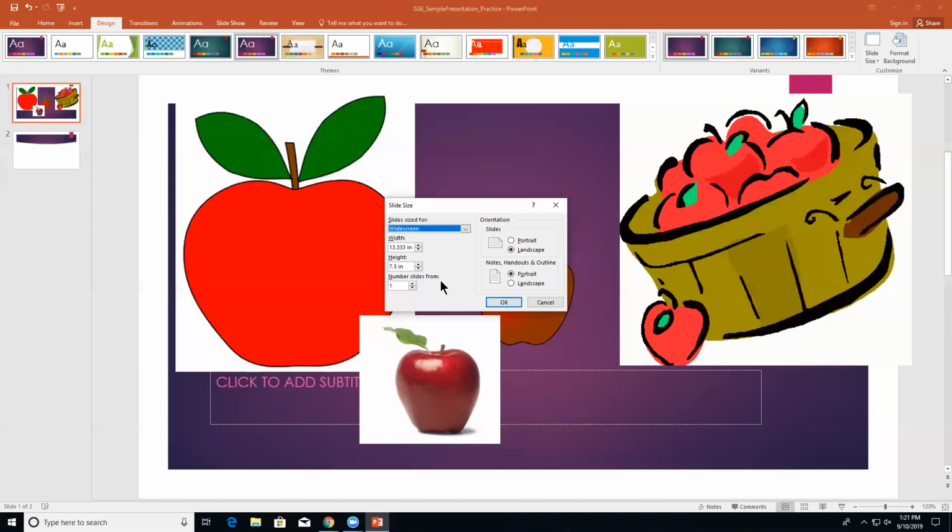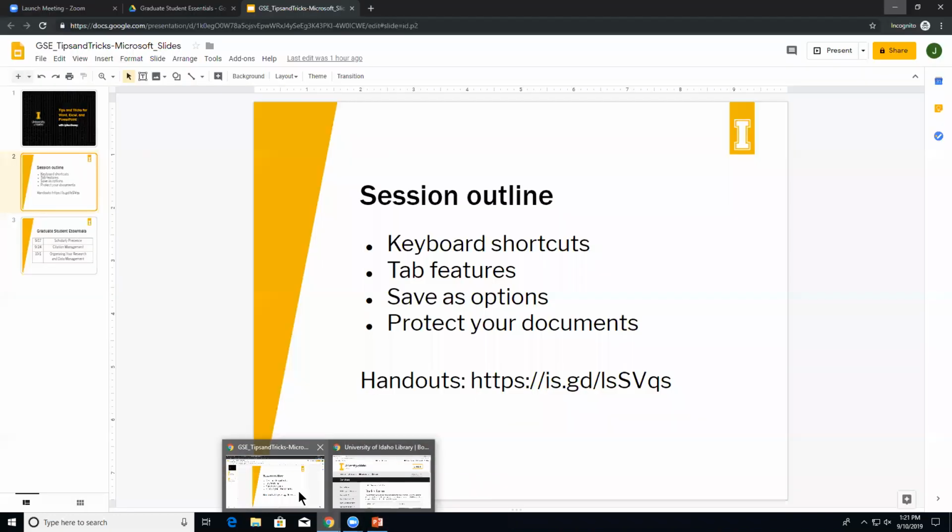And usually if you're going to print a poster, I know that the University of Idaho's copy center specifies what those dimensions have to be. And our library website also,